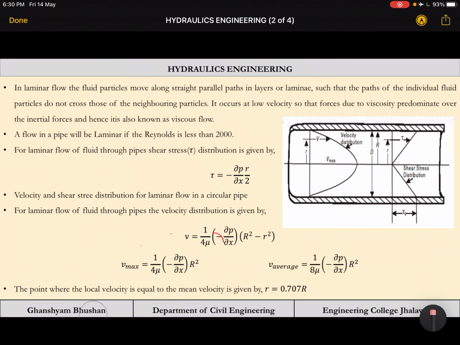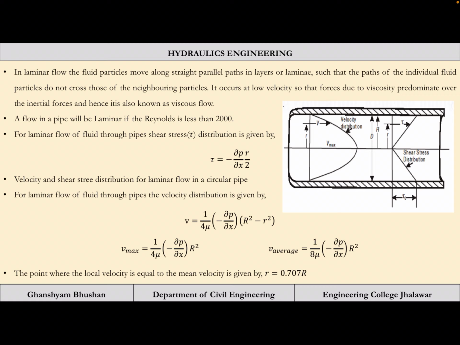Turbulent flow is when the teacher has left and the bell has rung that there is a holiday. Students will rise and rush through the door, and this haphazard type of condition is termed turbulent flow. There is full chaos, no proper discipline. Layer 1 is going to layer 3, layer 3 is going to layer 6, so there is intermixing. Laminar flow is also termed viscous flow, because the viscous forces are predominant.